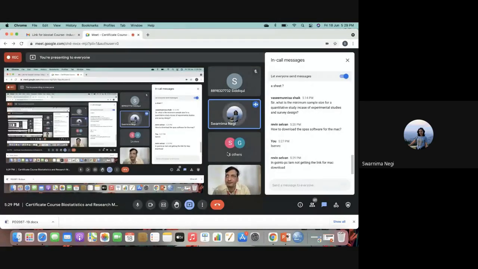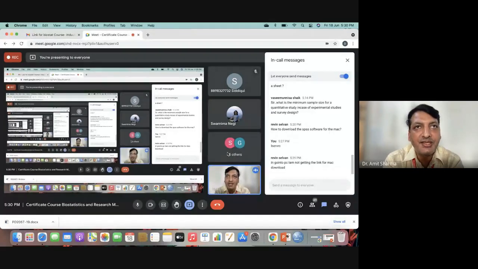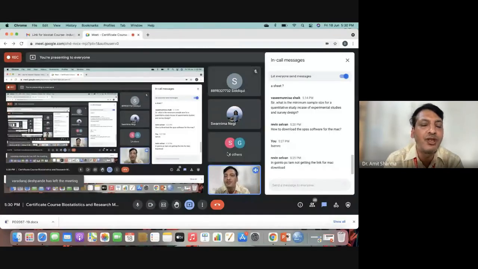So when the whole survey is based on categorical variables, do we also apply the normality distribution, that bell-shaped curve, or how do we? Normality distribution will be applicable only for numeric variables. Clear?